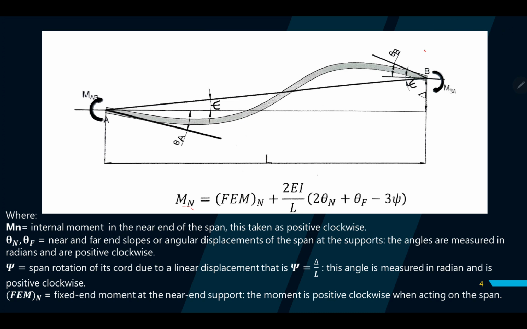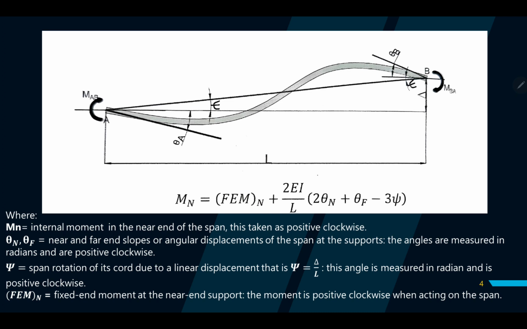Okay, so this equation is given by, so Mn ibig sabihin, Mn is the internal moment in the near end of the span. This is taken, for this topic, as positive clockwise. Okay, so considering this figure, ang Mn natin dito, considering at point A or AB, ito yan, MAB. Okay, and then ang next naman is